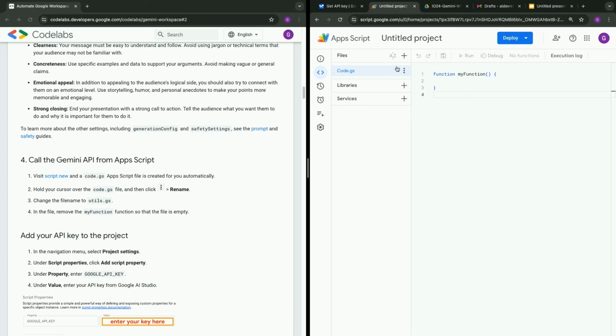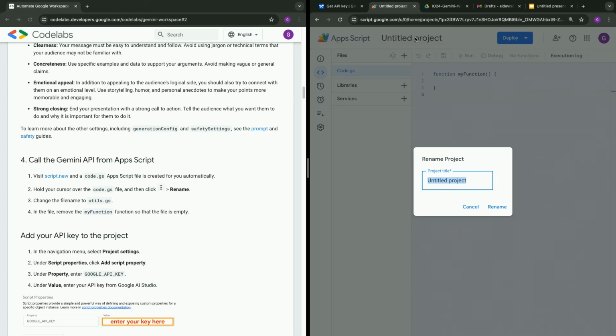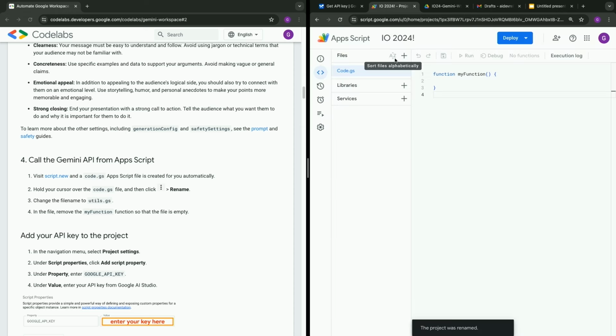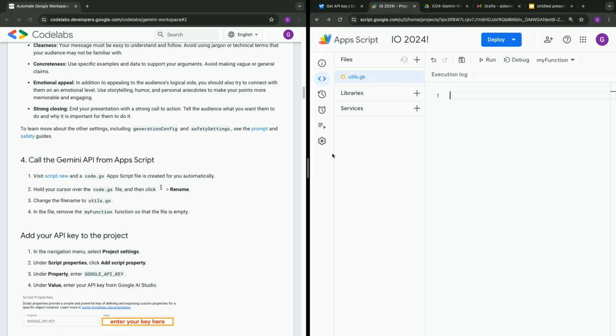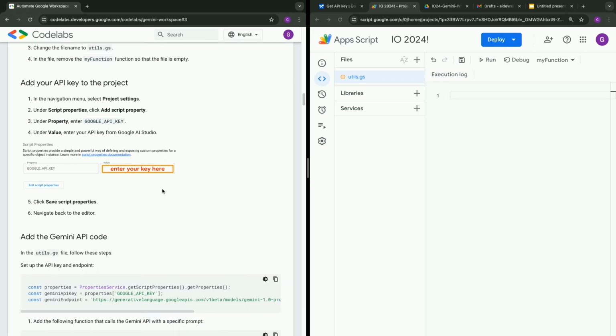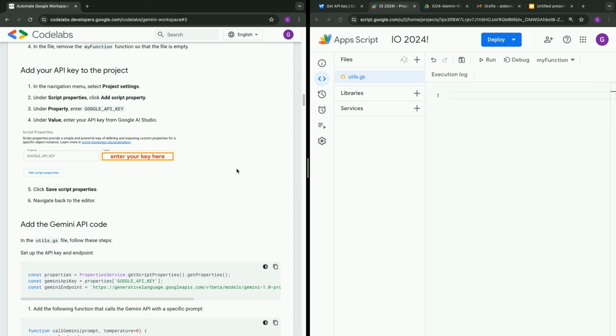So the first thing we're going to do is name our project. So we'll call it IO 2024. And then we're going to rename the file from code to utils. And we're going to put our own code in here. So we'll just delete the entry in here. Make sure that's visible. I can make this a little bit bigger. Yeah, that's good. So the first thing we want to do in the code is to specify our API key